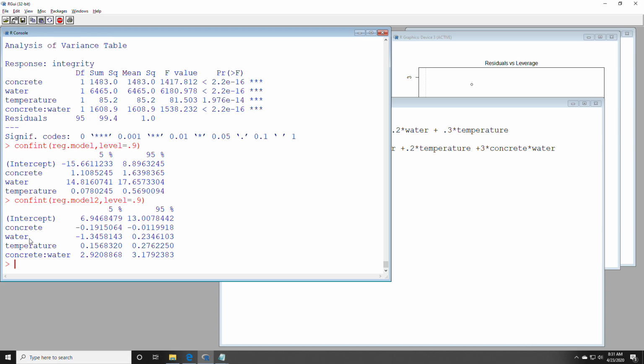We also do not have an interpretation for water, okay? Because I can't just increase concrete by 1, okay? The effect that concrete has